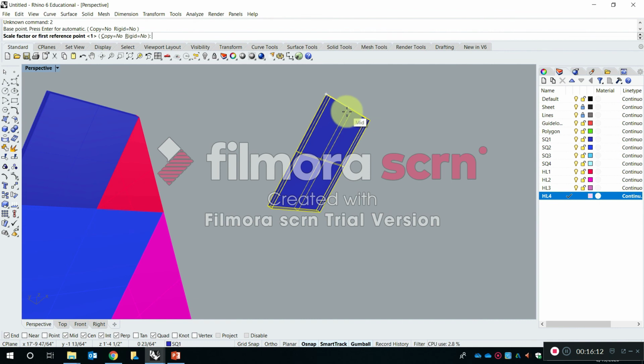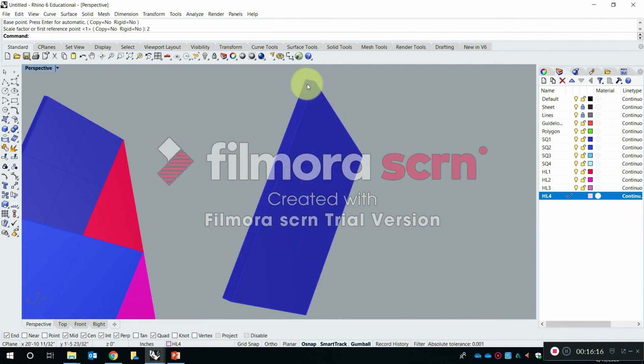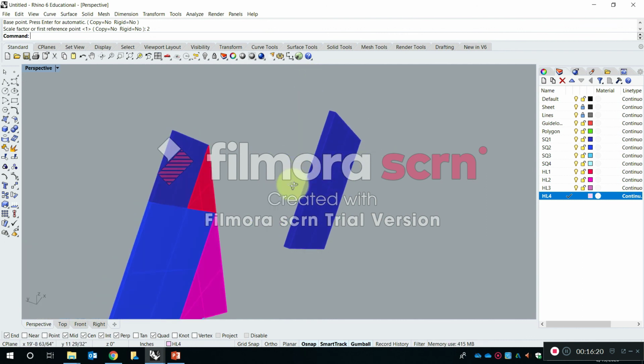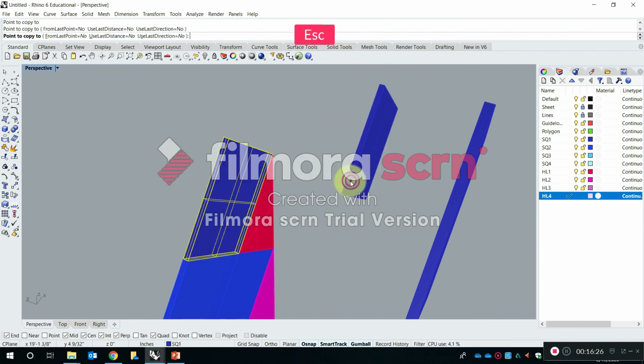Base point, and then 2, right? It scales everything by 2: its width, its length, and its height. Everything is scaled by 2. Okay. If I select this object right here and make a copy, and I scale